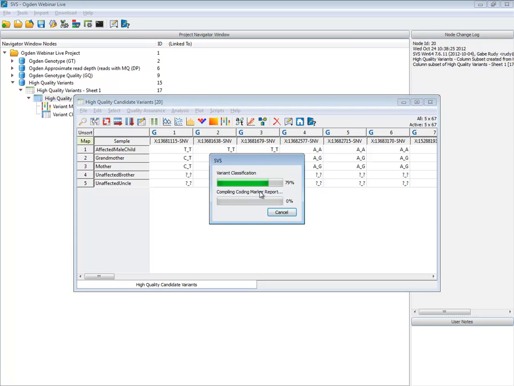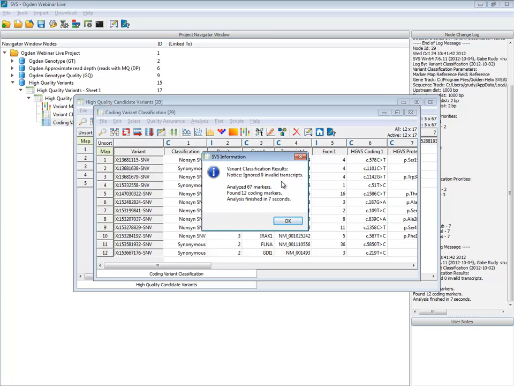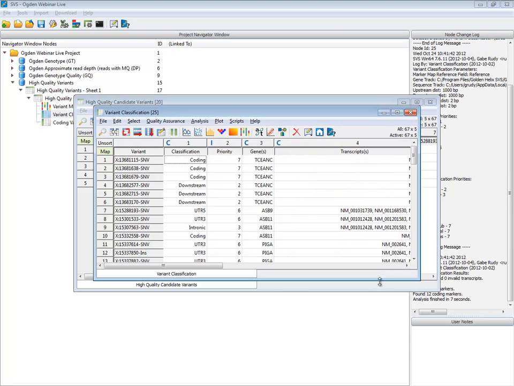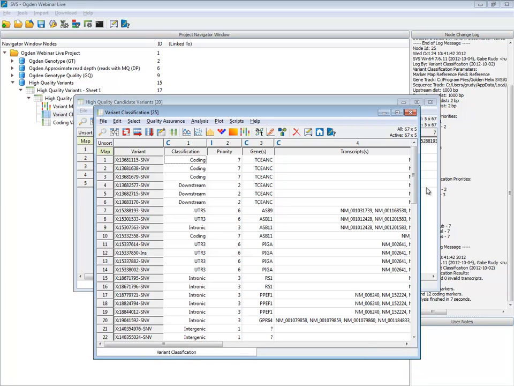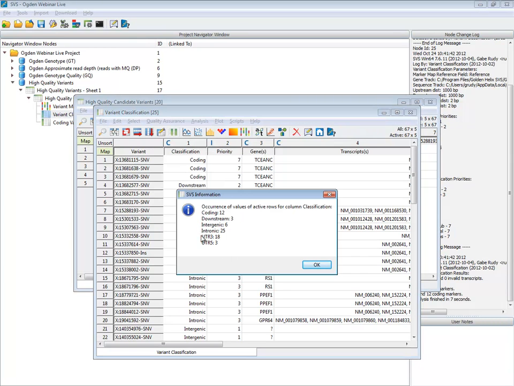I'm actually going to close that first one, which is the coding variants, and talk for a second about that list of high quality variants. Notice we found only 12 variants that were coding. This is the list of all high quality variants and how they fit into gene annotations in general. If we click on this classification column and say value count, we can get a feel for the fact that there are only